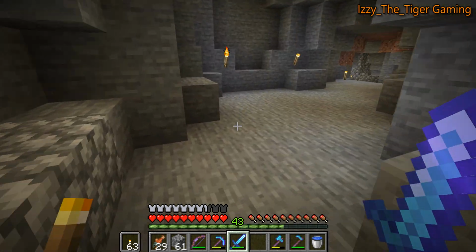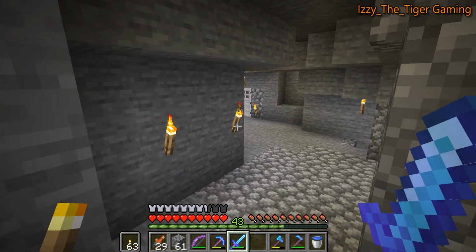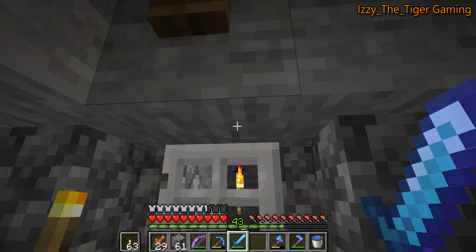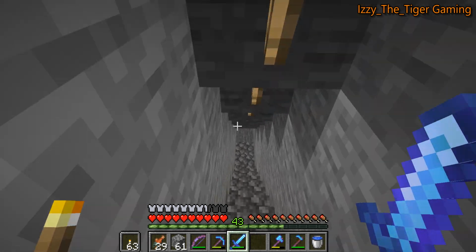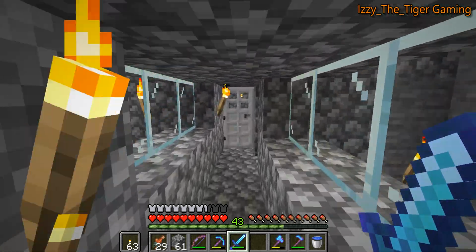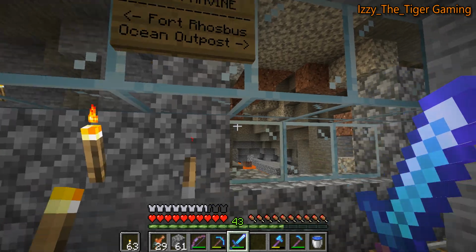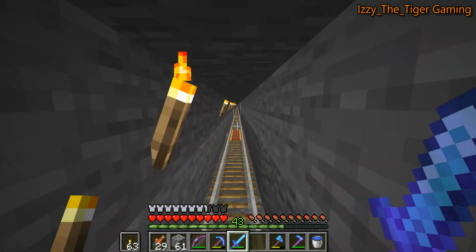So as some of you may have noticed, I place torches on the left when I come into a cave so that I can track my way out by following the torches on the right. It seems to work fairly well. But more about what I was starting to say is, in that last video,